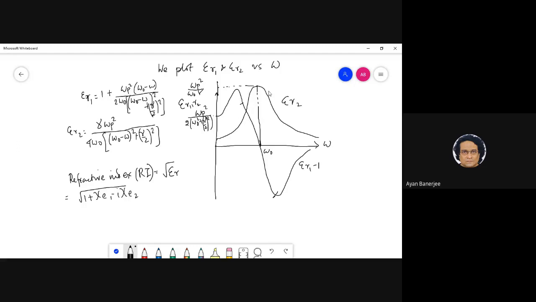So what we are trying to say essentially is that near resonance, the imaginary part behaves like a Lorentzian. For any further calculation, we should consider it only on resonance. Yes, correct, I totally agree. So we should say that near resonance, this epsilon R2 behaves like a Lorentzian. This is crucial.